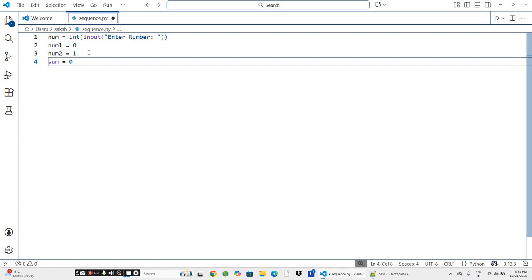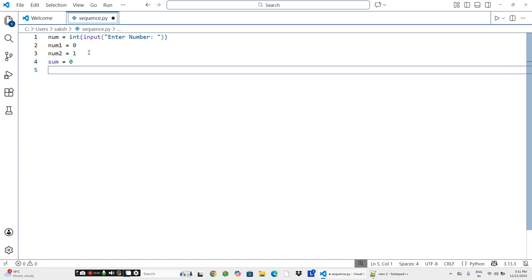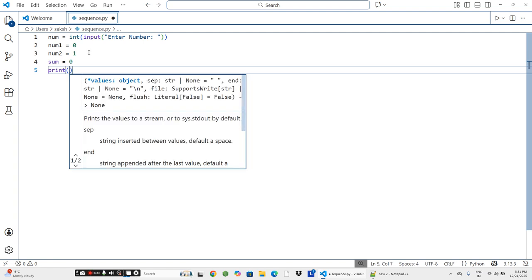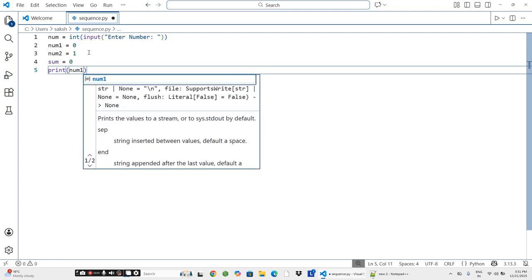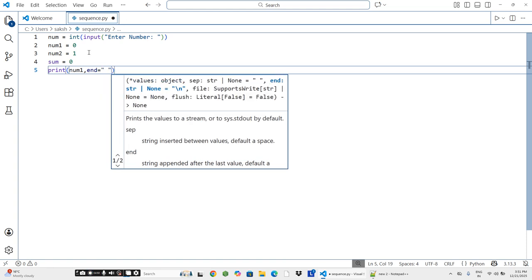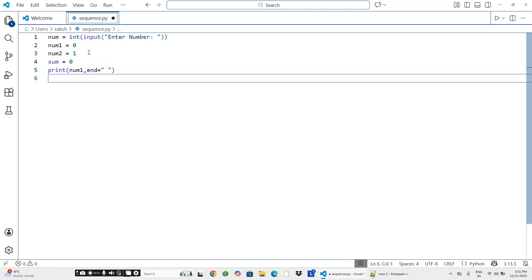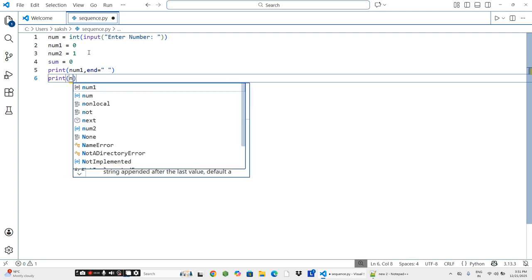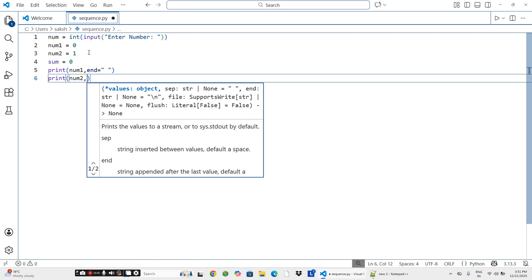Okay, or empty or void. So sum अभी क्या है, वो भी null है, क्योंकि इसमें भी कुछ भी कोई भी वैल्यू नहीं है. Now what we do is we print the two values in this way, like num1 and okay, similarly for num2, end